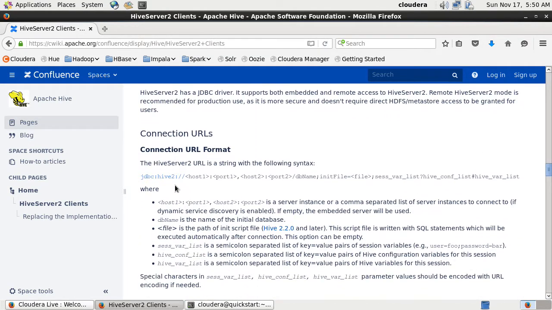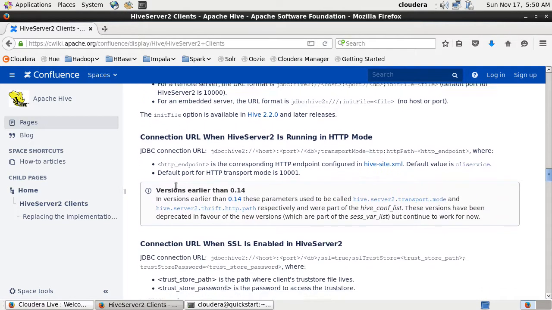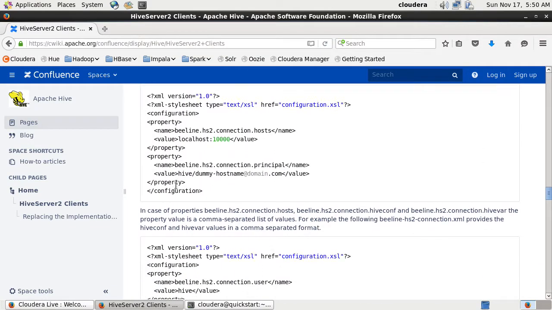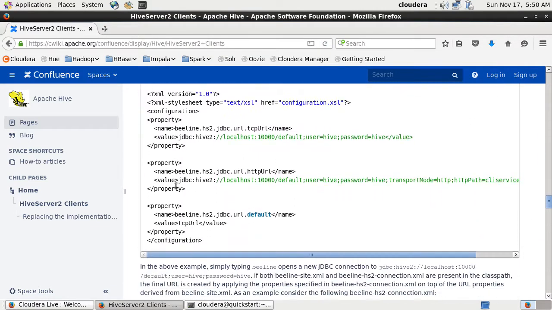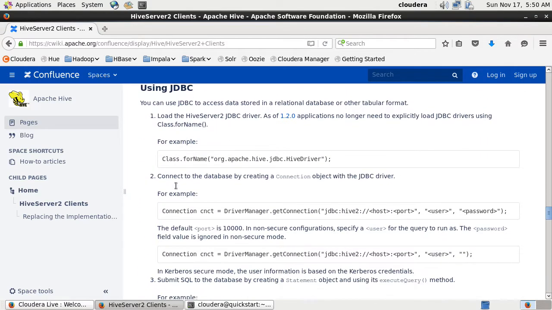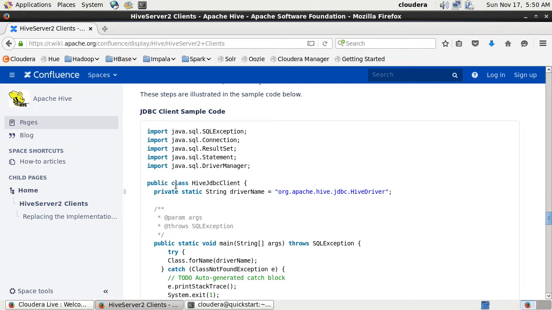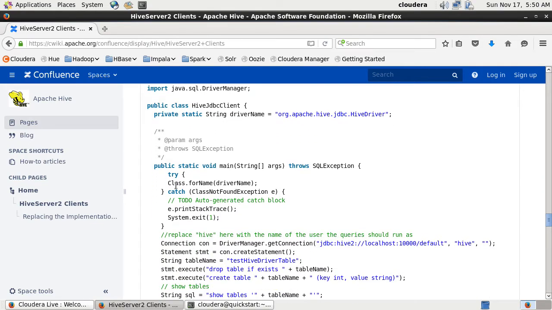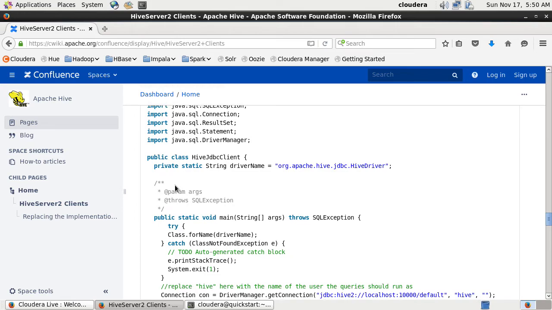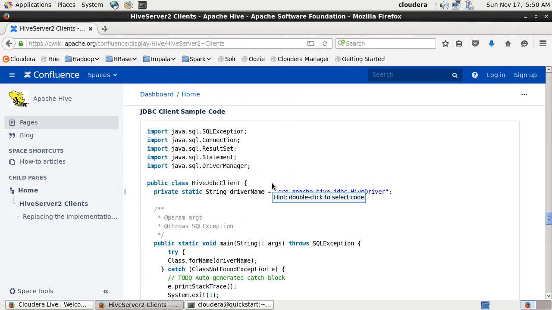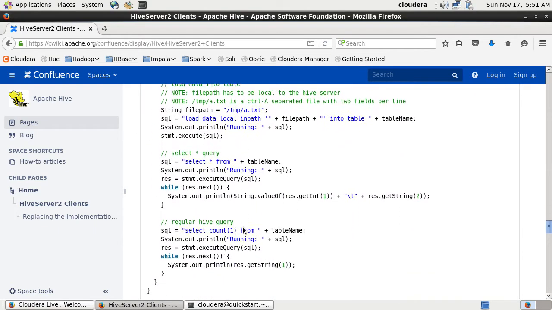When you are just reading JDBC, you will see that there is a sample program given here very nicely, and you just need to copy that particular program and make relevant changes. JDBC client sample code, and you have got the sample code completely. But remember, here the class name is Hive JDBC client. But what is my class name? Main. So I have to change it. So what I am going to do, just copy that particular code,